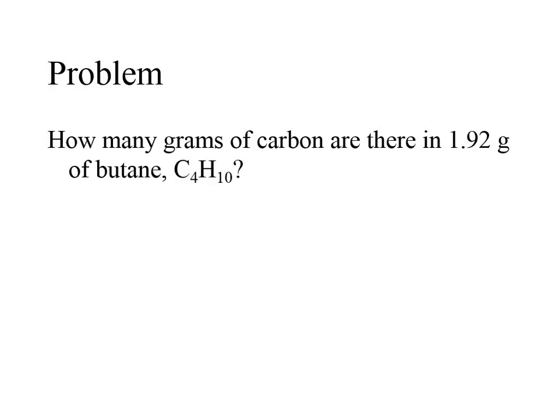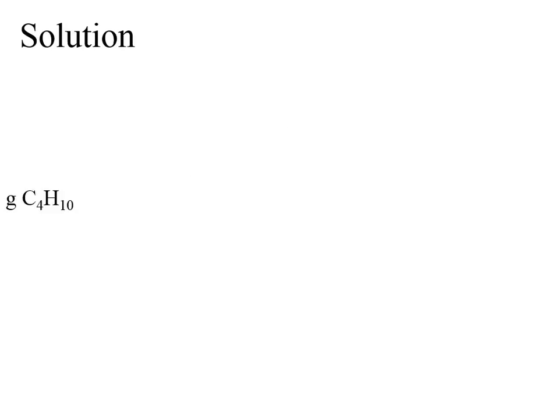Looks like I have one more problem. In this case, we're given a mass of a compound. The compound has 4 carbons and 10 hydrogens in it, and we want the grams of carbon. So actually, we don't want the number of spider legs, but we want the mass of the spider legs. To work this one, we're going to start with that mass of butane, and we're going to go to moles of butane using the molar mass,